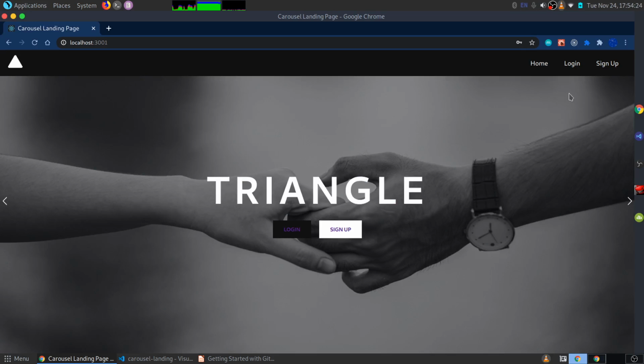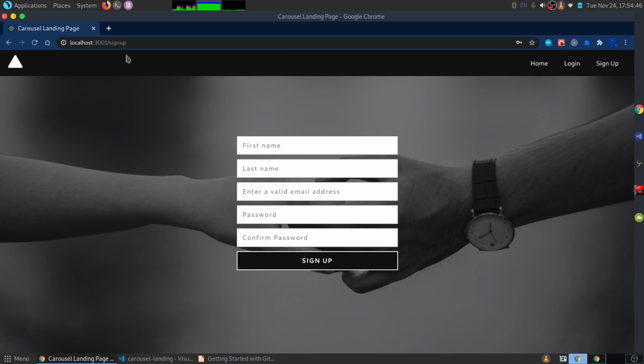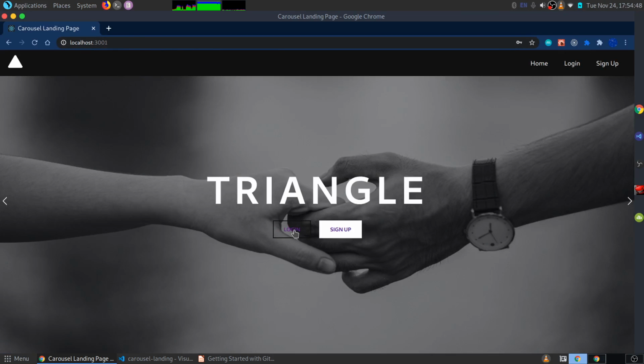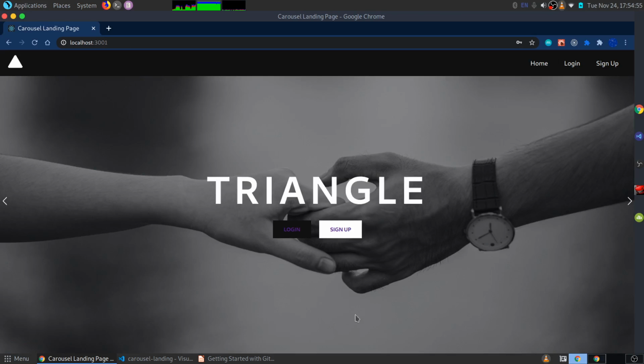And for this project, we're going to be using React. We're going to be using React icons. We're also going to be using the React router, because if you can see, if I navigate to login, it gives a login, and actually doesn't give login.html or login.asp or something like that. So this is using React router. And if I go to the sign up, it will change to sign up, like that as well. If I click this, it will go to login, and if I click sign up, it will go to sign up. So I think this is a very good project, because the main part of this project is that you can see it